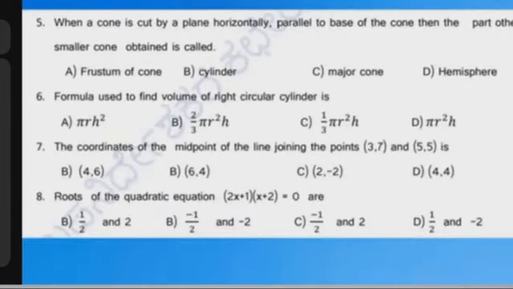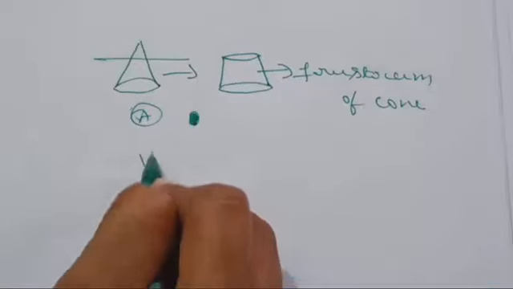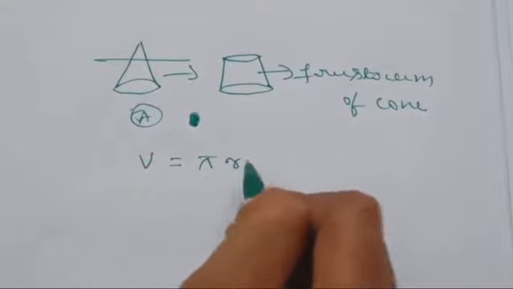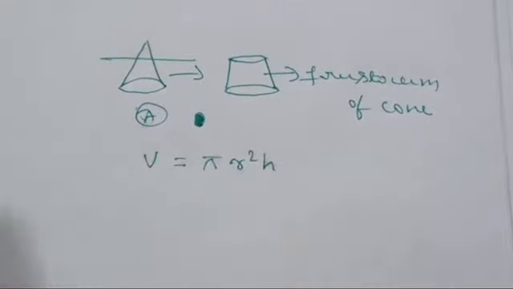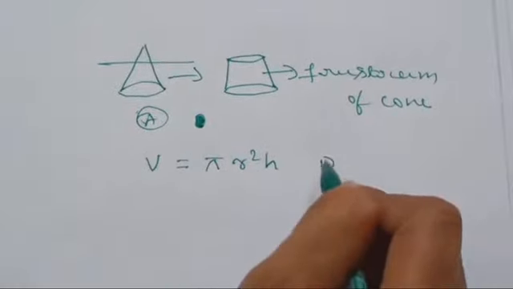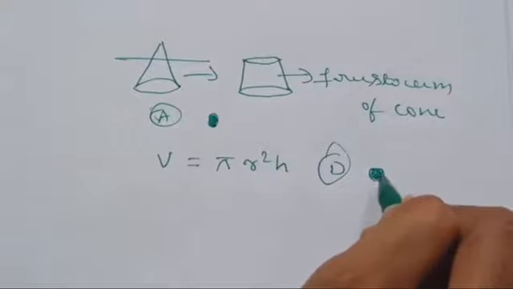Formula to find the volume of a right circular cylinder. Simple. The answer is, volume of a cylinder will be equal to pi r square h. Okay, this is the formula to find the volume of a cylinder. So that means the D option is correct. So you need to shade in the D option. Okay,